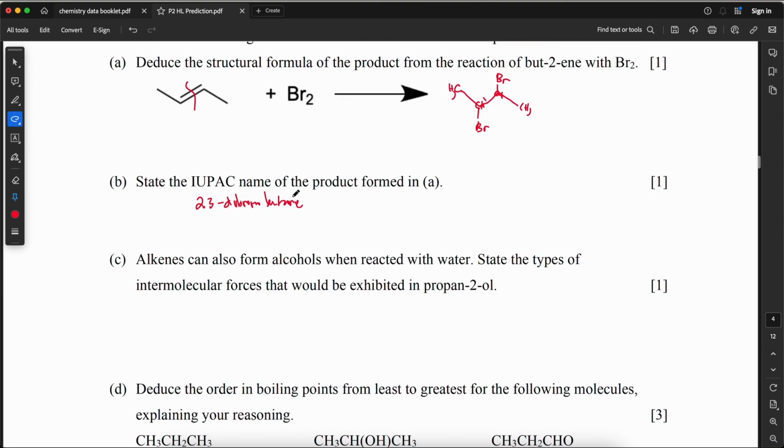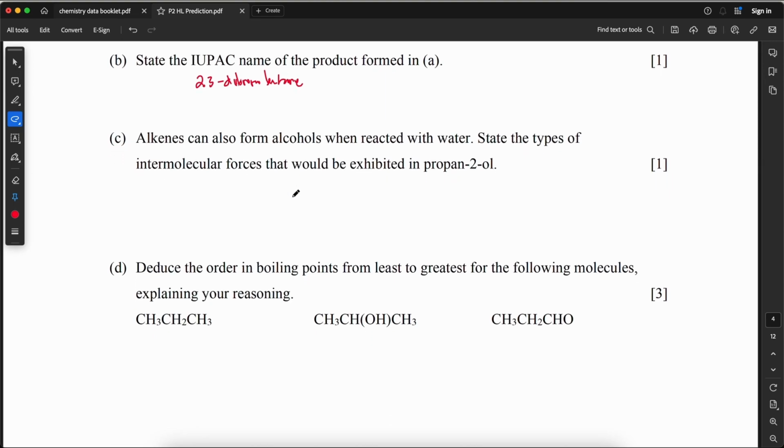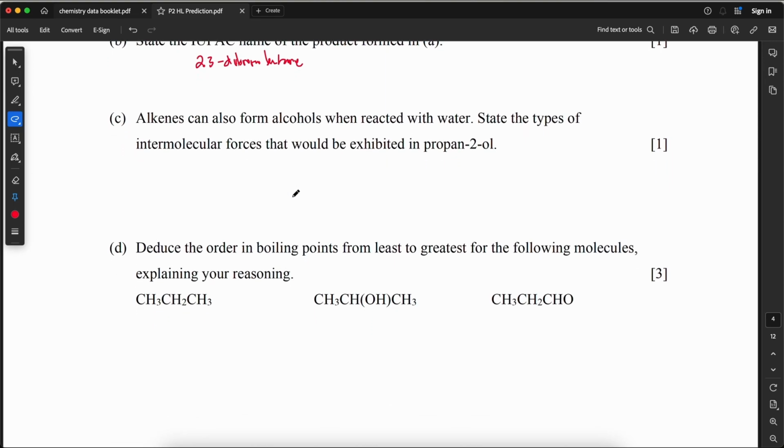Dibromobutane. Alkenes can also form alcohols when they react with water. State the types of intermolecular forces that would be exhibited in propan-2-ol. Okay, propan-2-ol has OH because it is an alcohol, and as they have hydrogen bonding, they will have all the types of intermolecular forces, which is London dispersion